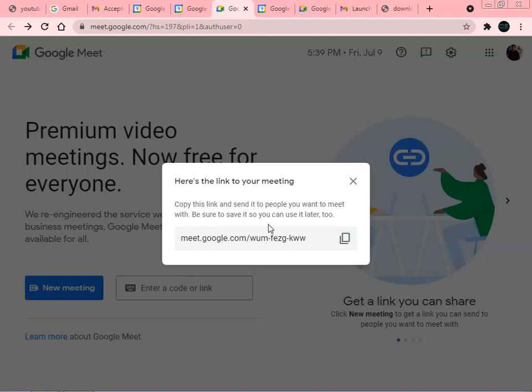The host has to save this link, and whenever you schedule the particular meeting you have to initially start it. One more thing: until the host starts the meeting, the participants cannot join the meeting. This is one of the limitations put by Google Meet.